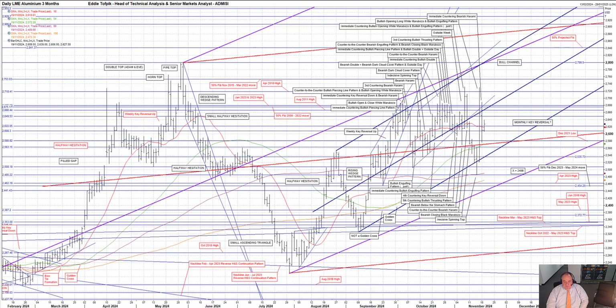LME 3-month aluminium. The lack of a weekly key reversal here 2 weeks ago after a tumultuous week in many markets, seeing instead a settling for a lesser outside week pattern, fed through to last week's actions. A big move down with a big move up that sees prices back where they were today, roughly where they finished 2 weeks ago. We nevertheless initially saw last week a follow-on lower to the previous week's outside week pattern,